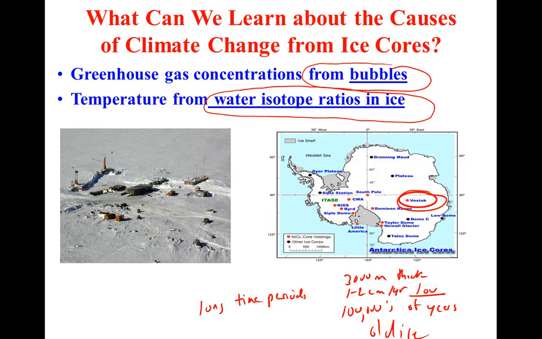The ice core was drilled. This is a look at what the Vostok station looks like. Perhaps one of the most remote places on Earth. This was a station set up by the Soviets, who then made the station available to French, Russian, and American scientists in the 1980s. The ice core was drilled in the mid-1980s and analyzed for greenhouse gas concentrations from the bubbles, temperature changes from the water isotope ratios at laboratories, mostly at French universities.